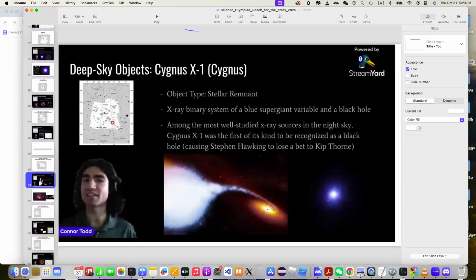But what we can use as a standard candle? That is usually like Type Ia supernova, that is one, and RR Lyrae. So we will cover that later. So yeah, and for deep sky objects,